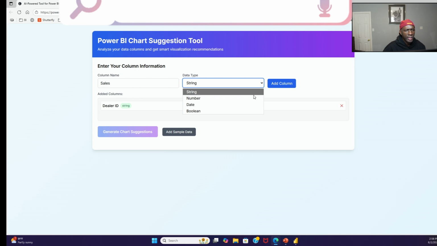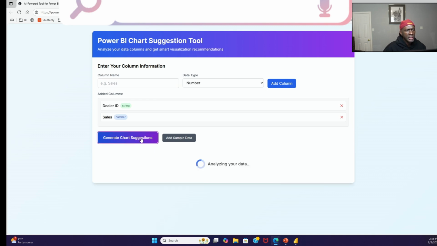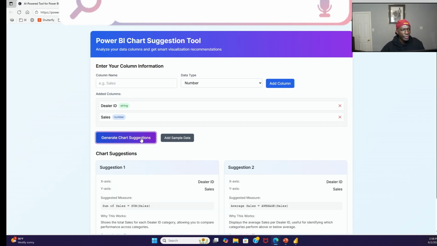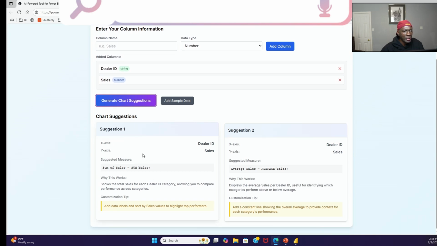We're going to call that a number, and we're going to say add the column. Then we're going to say generate chart suggestions. So when we say generate chart suggestions, now it's telling us, hey, put dealer ID in the x-axis, put sales in the y-axis,